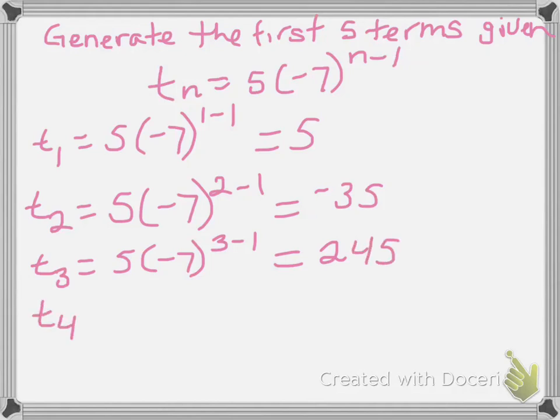T4 is equivalent to 5 times negative 7 to the power of 4 minus 1. 4 minus 1 gives us a cube, so negative 7 cubed times 5 gives us negative. It's going to alternate on us because the exponent is increasing by 1. So negative